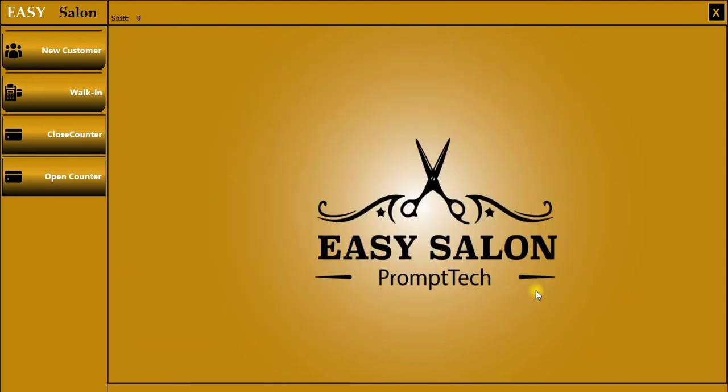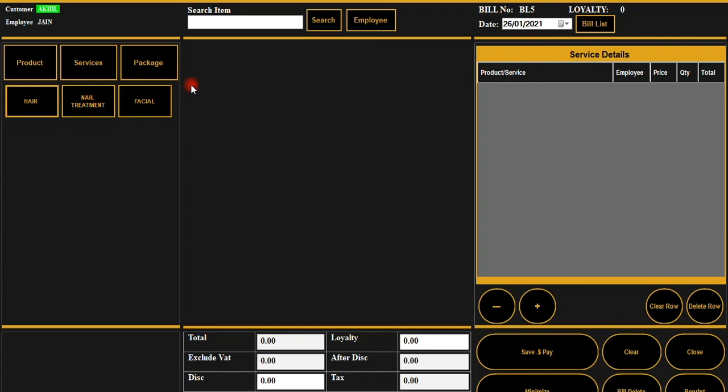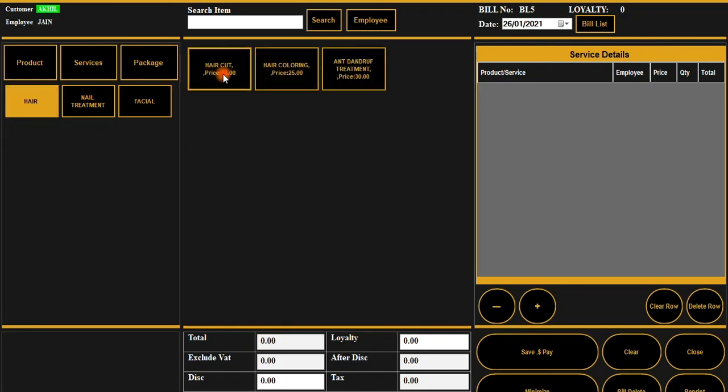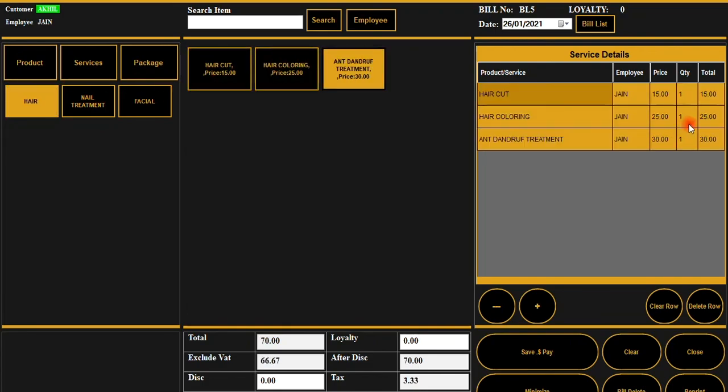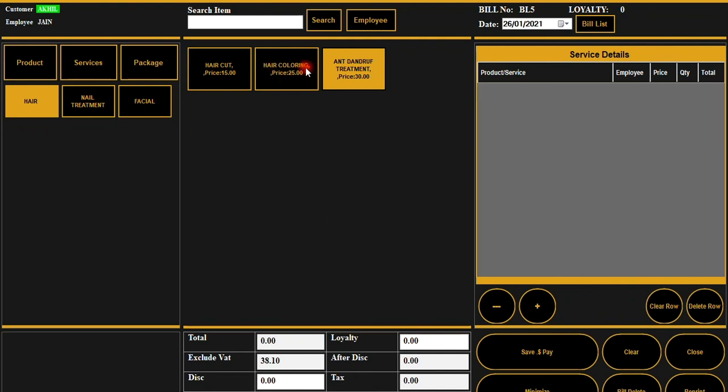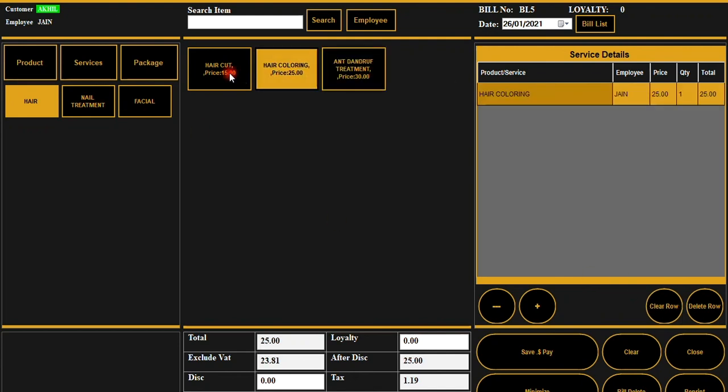I'll talk about the customer who is not ready to give the details later on, but this is the customer who is giving you the details. Now he's given the details. Now I'm allocating to the staff. So Jan and I were the staffs and I'm allocating them. Here I can choose the services, right? Haircut, how much is the price. So this is the total of the services that the customer has actually taken.